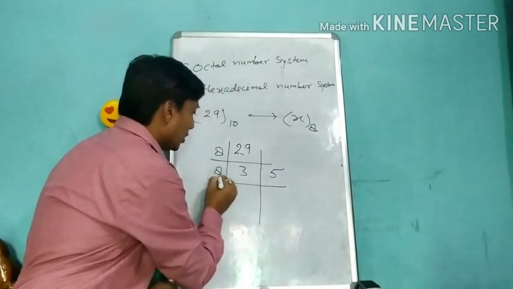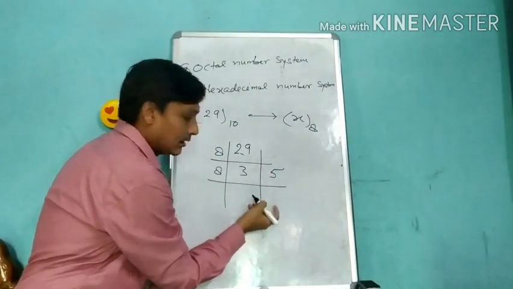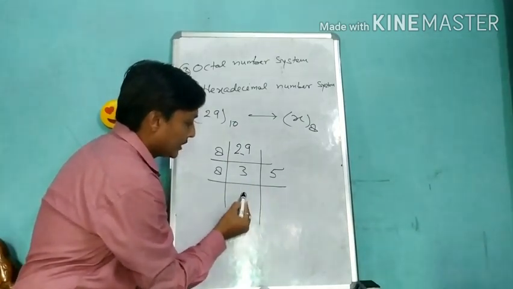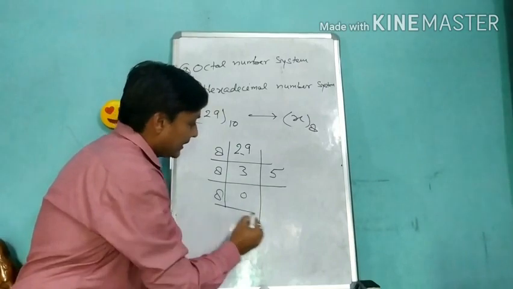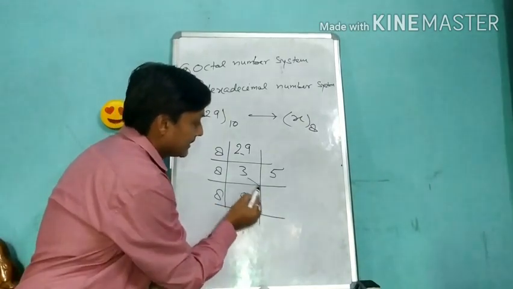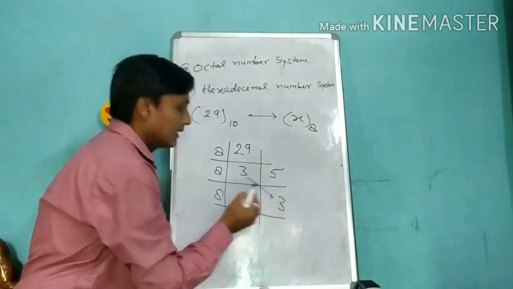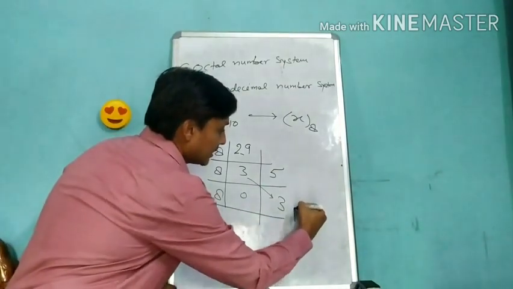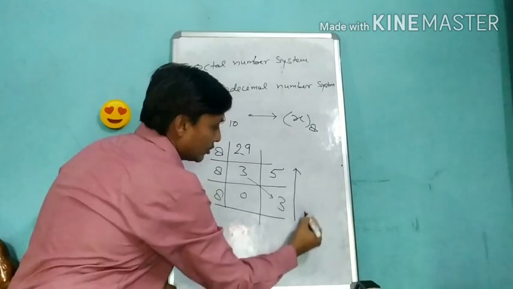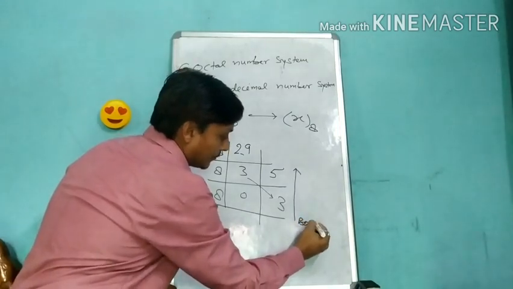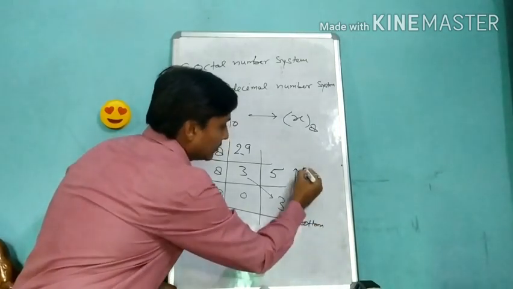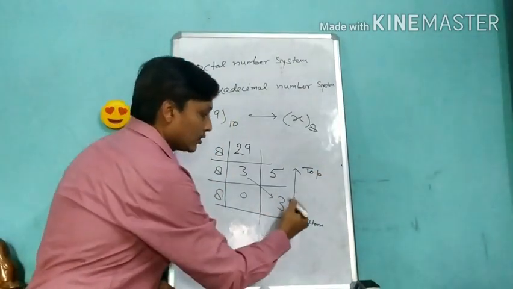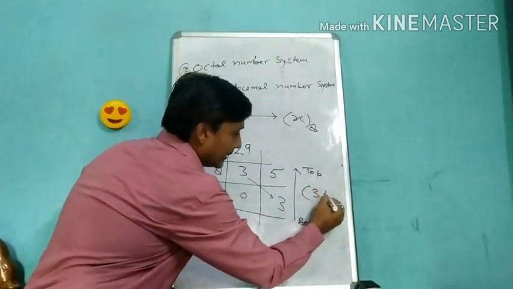And if you want to place this number here, I am going to write this number as it is here. So we will have to place 0 first, and after that you can place this number as it is here. Means you will get 3. So what is the approach to write? Bottom to top, MSB to LSB. So we will write 3 and 5.